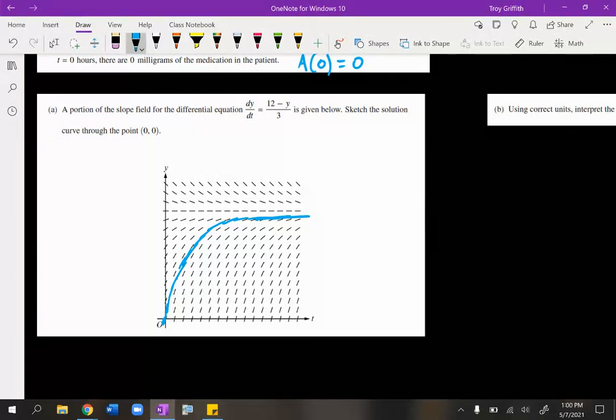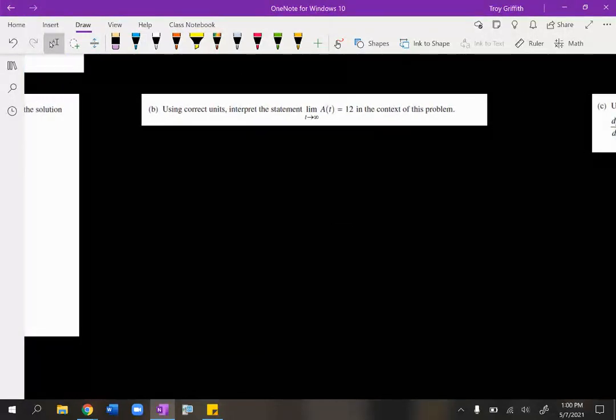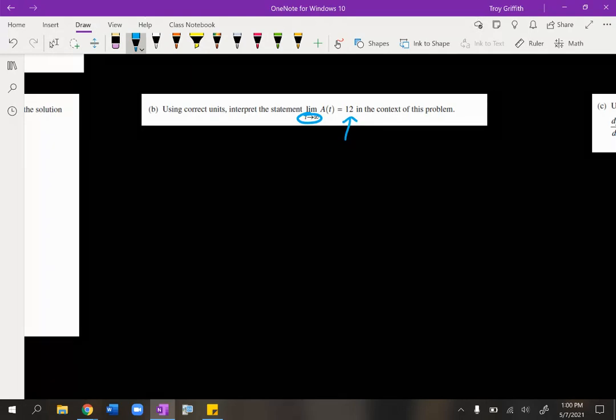And actually directly related to that, I believe, is letter B. So it says using correct units, interpret the statement, the limit as t approaches infinity of A of t is equal to 12 in the context of this problem. So this is basically saying that as t approaches infinity in this function, we start to approach a value of 12. Now, what does that value of 12 mean? Well, A of t is in milligrams. Okay, so what this means is as t approaches infinity,